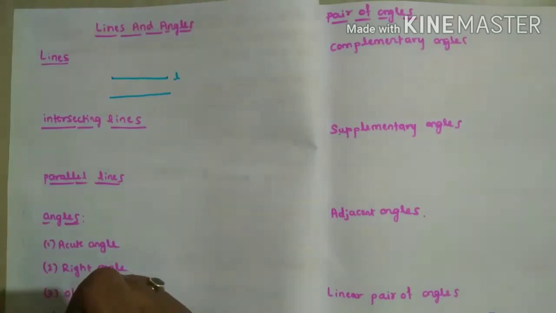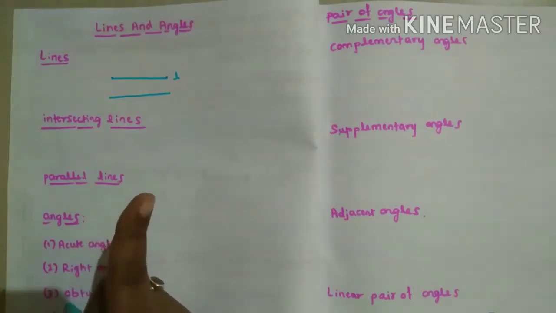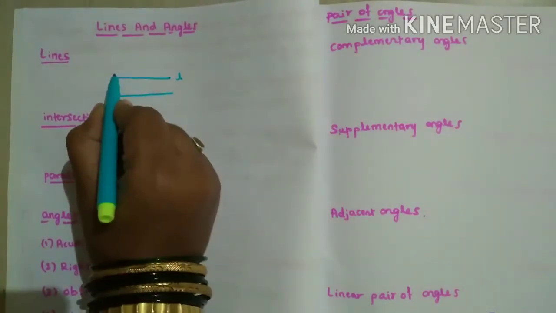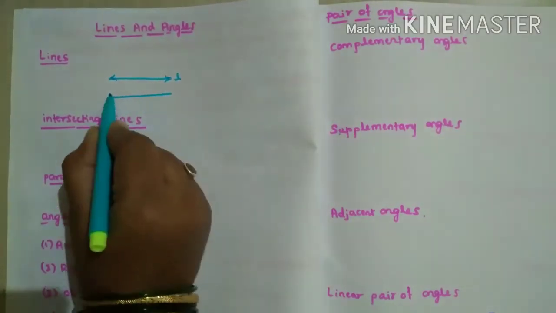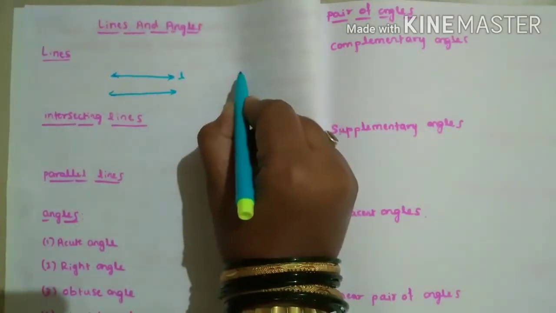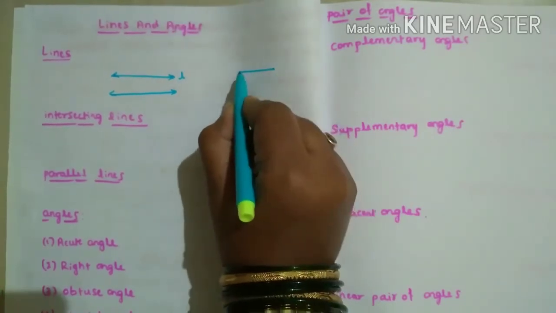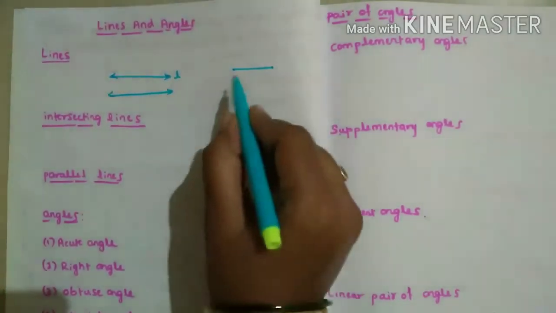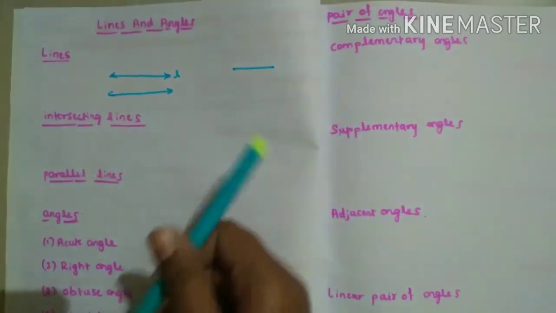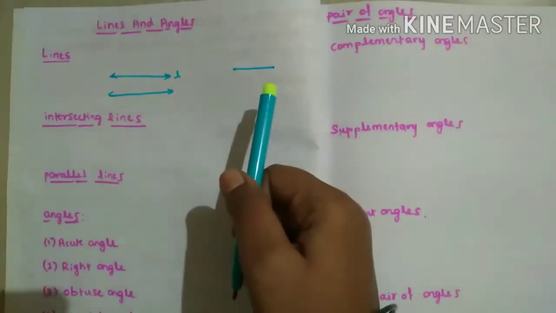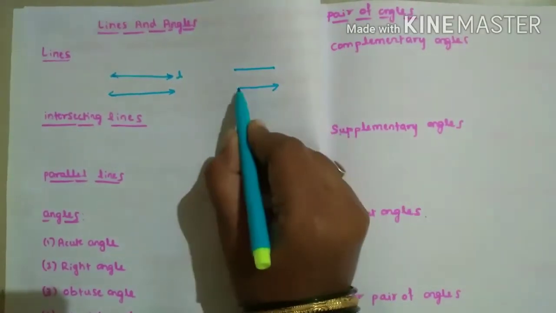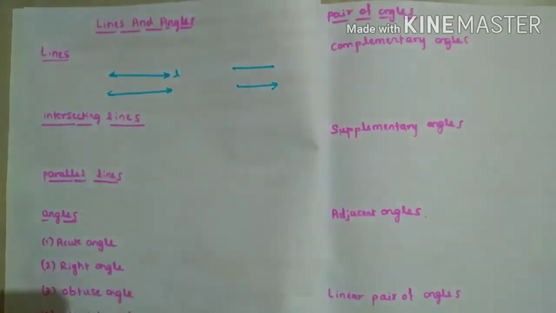And you should know the difference between the line segment and the ray. See, line means we can extend both the sides, like this. This is called a line. Line segment means it has end points, both the sides it has end points. Means we can't extend left side or right side. Those are called a line segment. Suppose it is like this, we can extend like this. Here you can't extend it. This is called a ray.